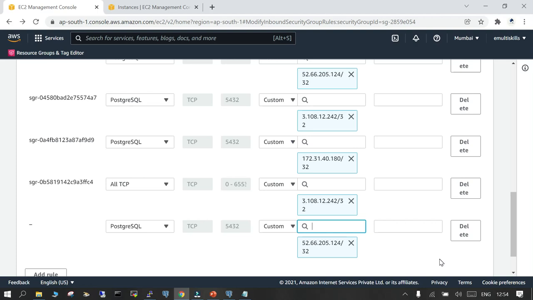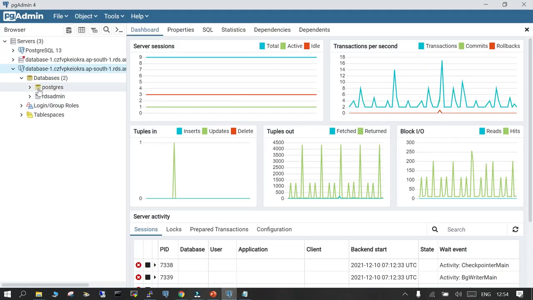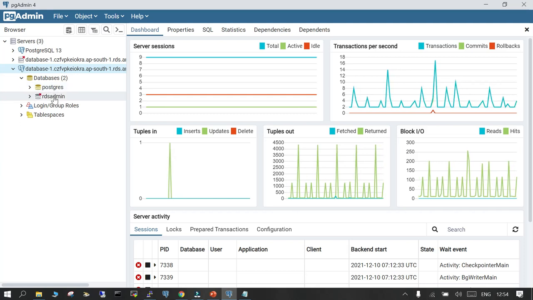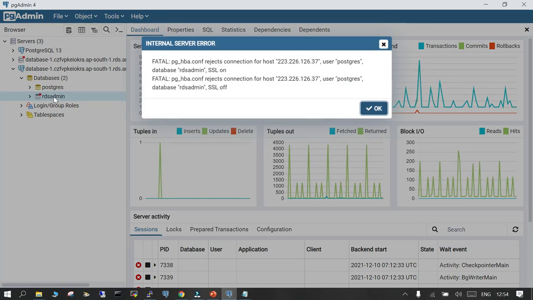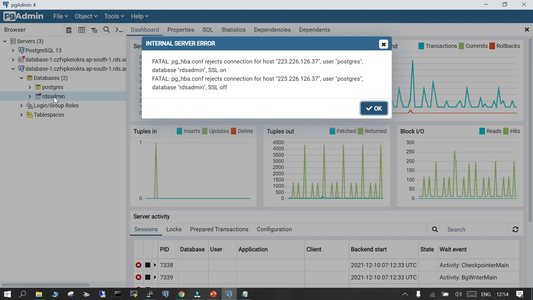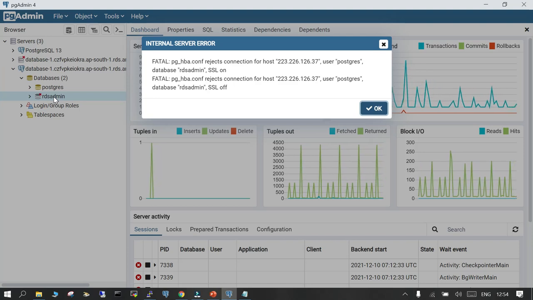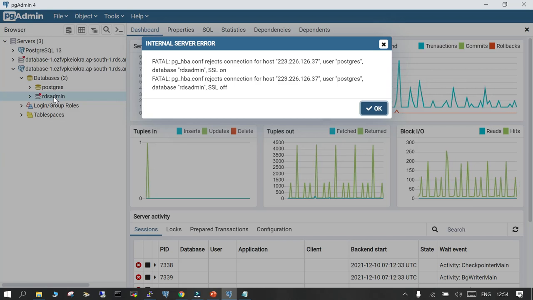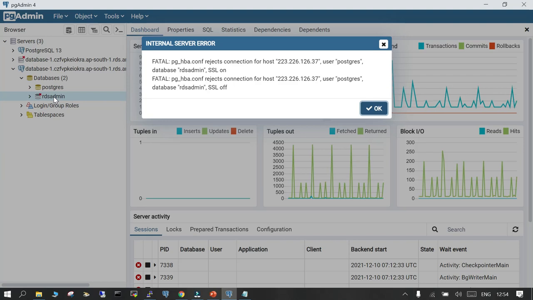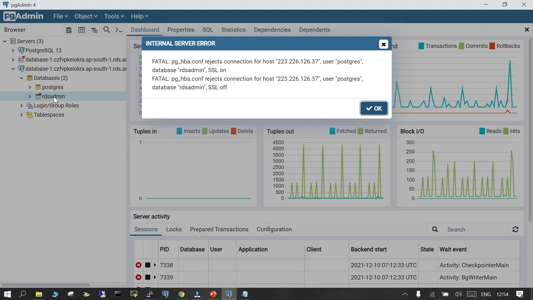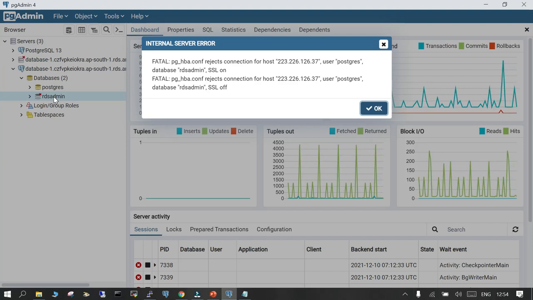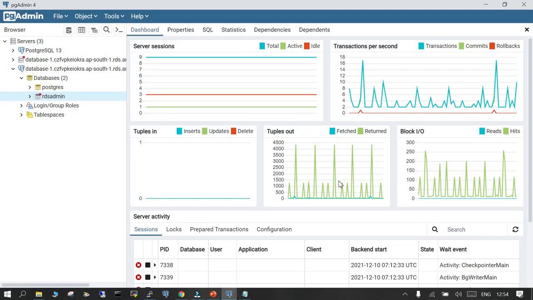In RDS, you do not have access to pg_hba.conf, so you cannot do anything there. And one of the differences is that when you connect to your RDS instance, by default you will be able to see there is a Postgres database, and something called rdsadmin. This is the management database which is not accessible from the outside world. If you try, it is going to show you some error messages, so you cannot access this. Also, RDS cannot be accessed on port number 22, so the only way to log in is the database port, which is 5432. In another session we will see more topics about this. I hope this is going to help, and